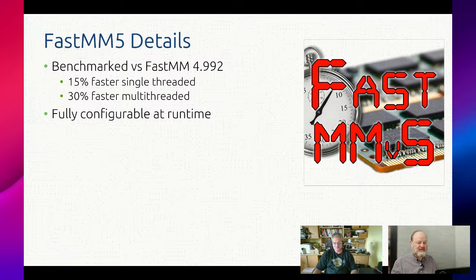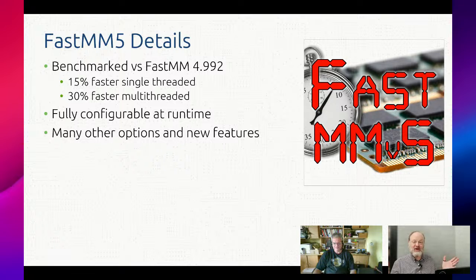He said one of the biggest differences is that it is faster. He did some benchmarks and it is faster. Although I was reading through some of the comments in the FAQ, someone said, I switched to 5 and my application is not faster. He said, well, it depends on what your application is doing. If your application is spending 1% of its time on memory allocations and deallocations, then you're not going to get much of a speed improvement going to FastMM, either version. But if it is doing a lot of memory operations, FastMM 4 is fast, 5 is even faster.